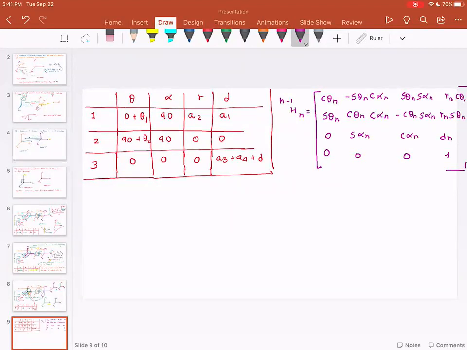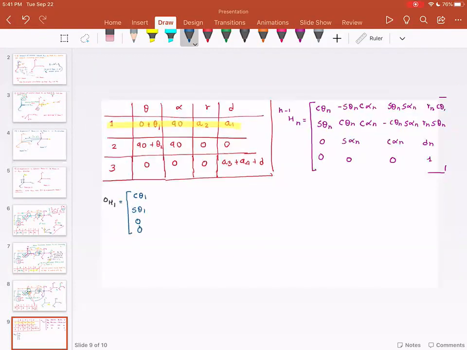So now what we need to do is appropriately select the values. If I'm interested in 0H1, the row I should be looking at is this, and from this row I find the first homogeneous transformation matrix as cosine theta 1, sine theta 1, 0, 0,